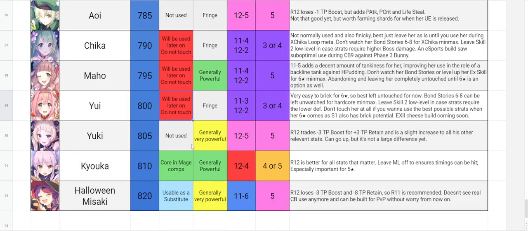Yui, yeah, another do not touch, but this one isn't really as important as the others. It's just for 6-star, just in case 6-star has some really optimal use where she's very specific, it's best to not touch her, or at least not brick her. Rank 11-3 is fine to keep her at. Most likely she's gonna want rank 12, but it's still unclear where she's going to be used,